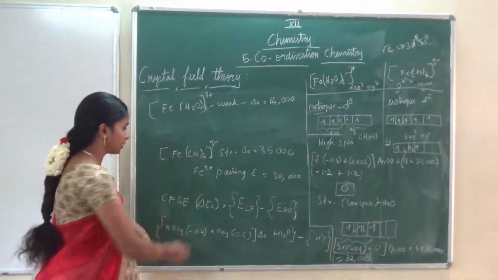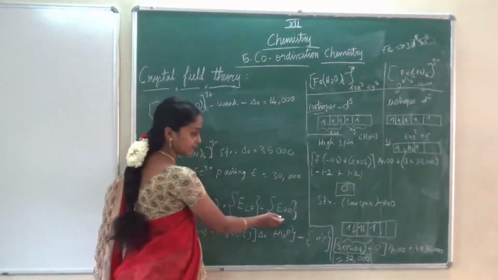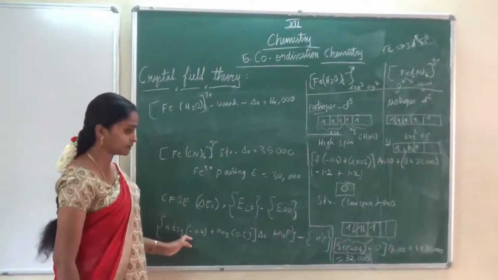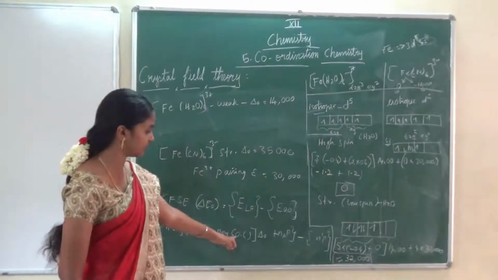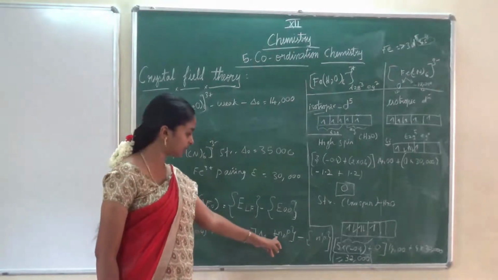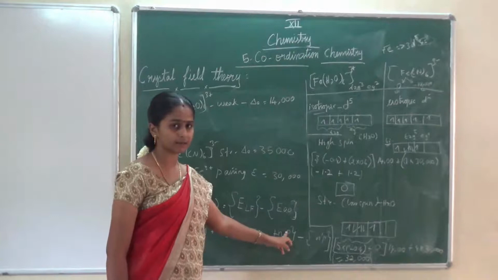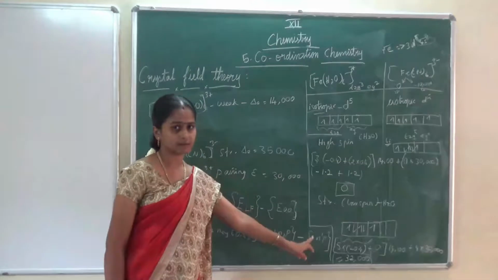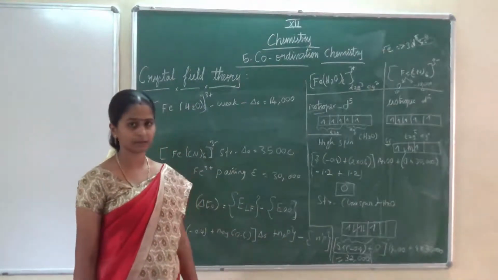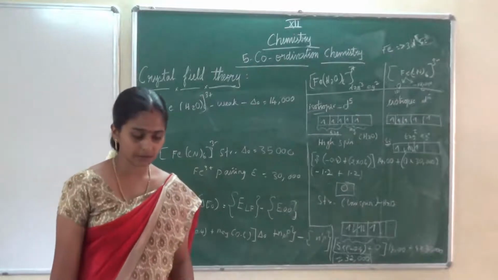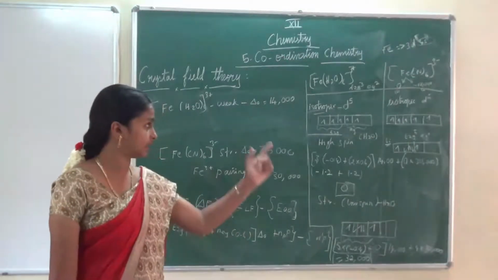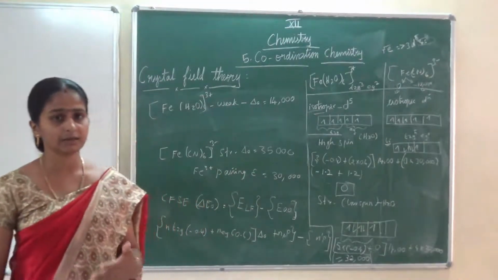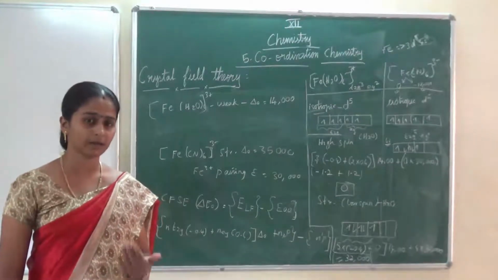Here you have to remember the formula: ligand field energy minus isotropic field energy. The ligand field energy formula is given there: N(t2g) into minus 0.4 plus N(eg) into 0.6, into delta naught, plus Np, the number of paired electrons, into the pairing energy, minus the isotropic field, n dash p, just the number of paired electrons. Okay, children, just go through that, work out the cyanide complex as we have done. Take notes, kindly work it out and see, then only you can see where you have doubts. If you have a doubt, you can ask.